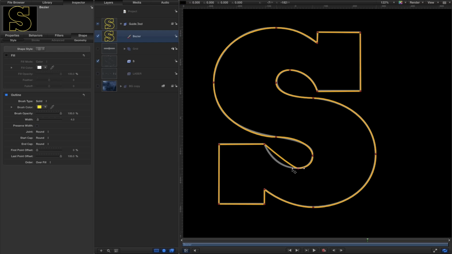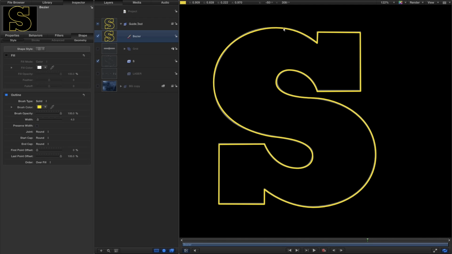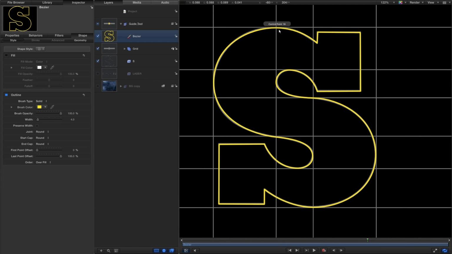And come down here and I'll pull that one out so that curve matches a bit better. A little bit of an anomaly here. Maybe we just roll that over just a little bit like that. And despite the fact that's quite a complex shape, that was very easy to do because we were looking for